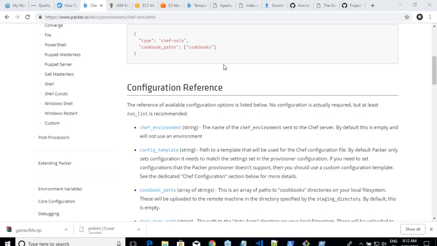If you want to use Ansible remote host in Packer, you may see a failure like Ansible command not found. Just go through the documentation before you use Ansible remote. You have to install Ansible also. Go through the example over there, because just using the Ansible remote will not help you out. Before that, you have to use the shell provisioning to install Ansible on that system. That's how Ansible works. For Chef, you don't need to do anything, but for Ansible, you have to install Ansible using shell provisioning.